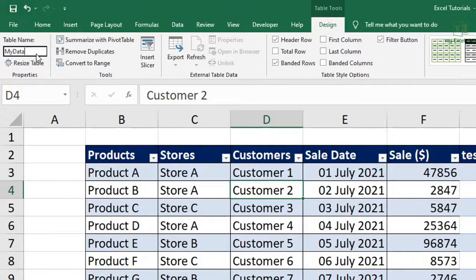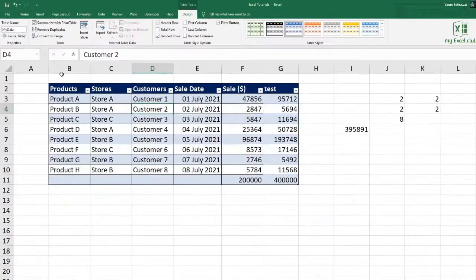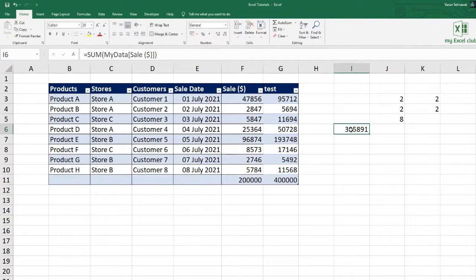One thing to remember is there should not be any space in your table name, and then press enter. Now in our sum formula, the name of the table is automatically changed to MyData. The syntax might be looking difficult, but it is easy to read. It says add all the values of this header of this table.